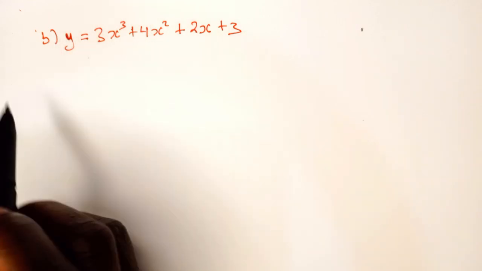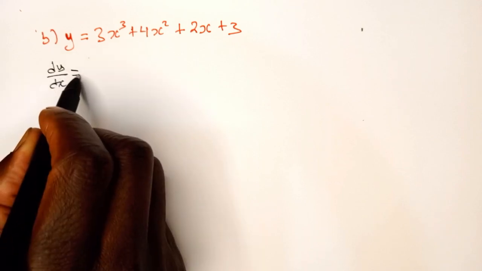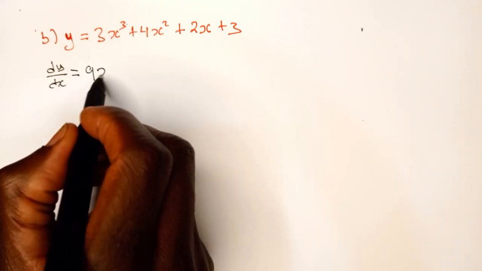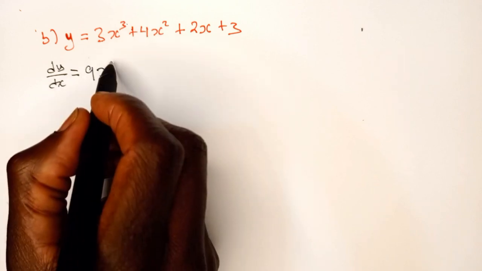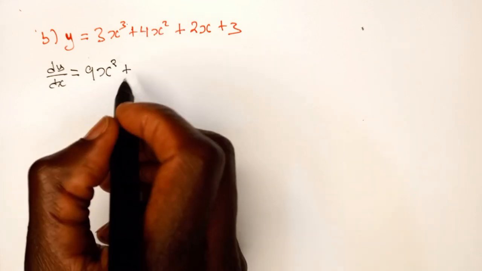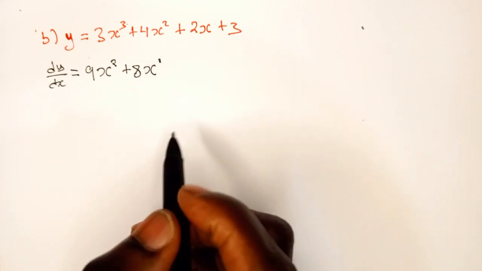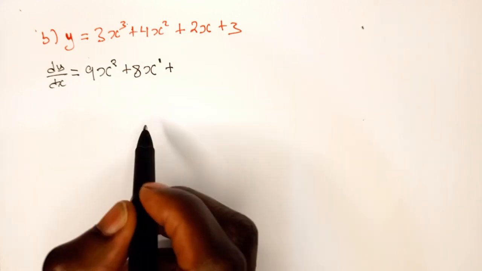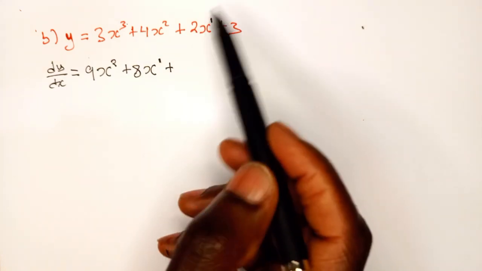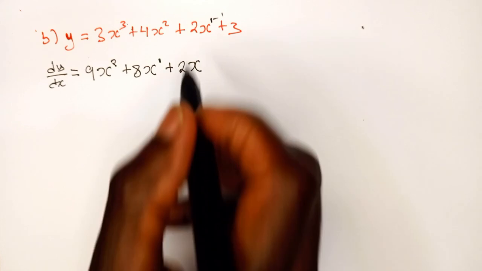Now, if you're told to differentiate this function, you just say dy/dx is equal to 3 times 3, you get 9x, then you subtract 1 from this power, this one will be 2, plus 2 times 4 is 8x, you subtract 1, you remain with 1, then plus, there is a 1 here, so when it is x, it means it is x raised to 1, so it is 1 times 2, which is 2x, so you minus 1, you get 0,